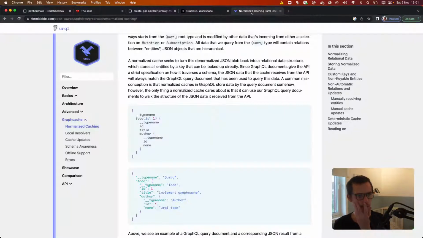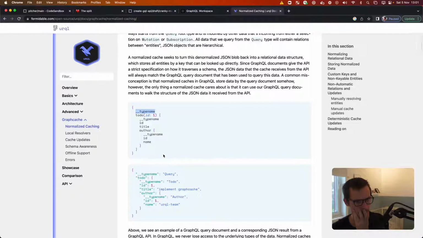Do they actually include the type name? Yeah, they do that automatically, I think. Yeah, so it's actually part of the payload. So I guess they cache by response. So they don't